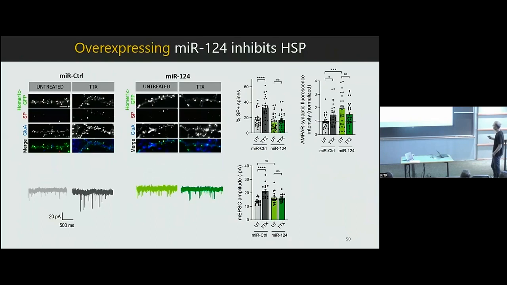For AMPA receptors, we found an increase in basal condition, and this has been shown also in other studies. The way to interpret that is that when you overexpress miR-124, you also downregulate GluA2, because GluA2 is a target of miR-124. And by downregulating GluA2, you promote the biogenesis of GluA1 containing AMPA receptors, which transmit larger currents. So this is how to explain this increase here.